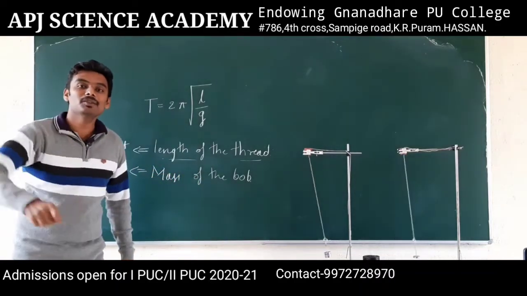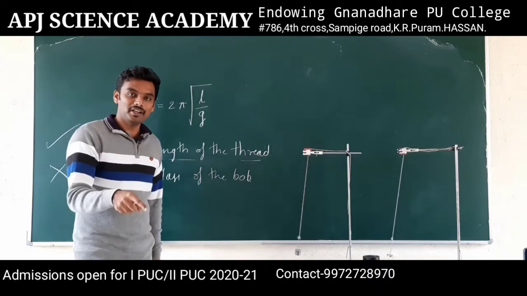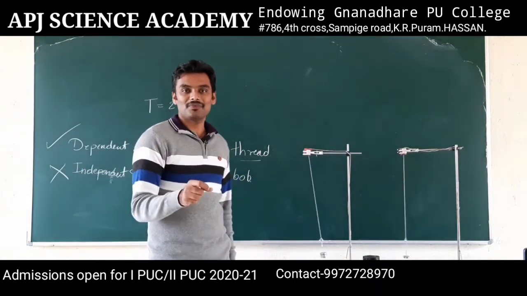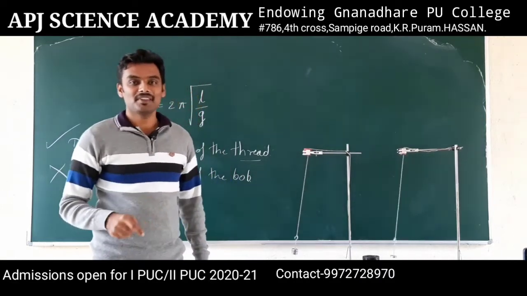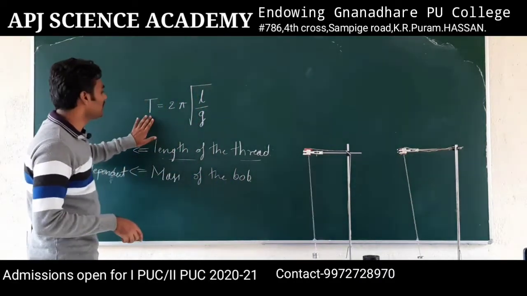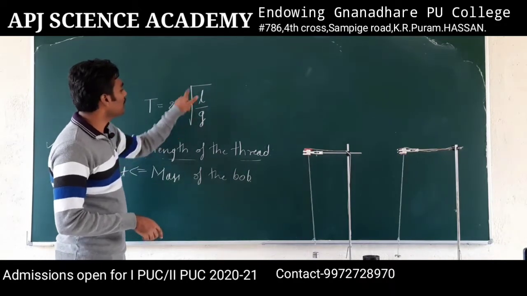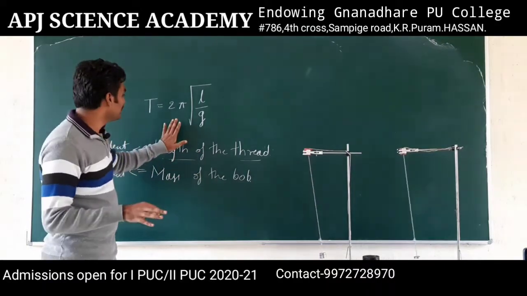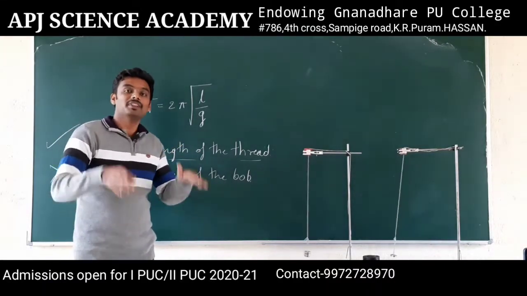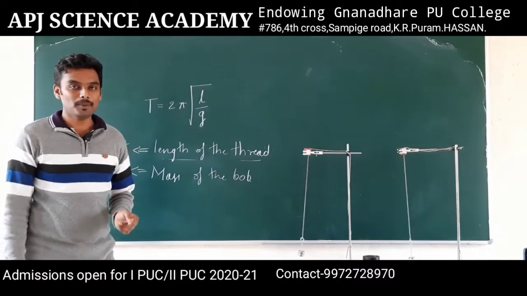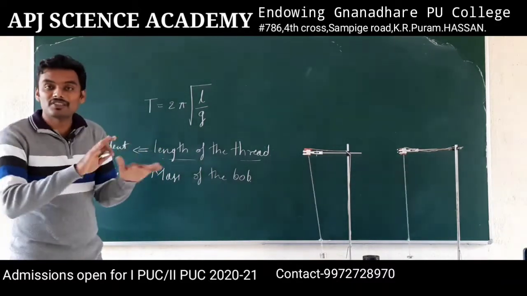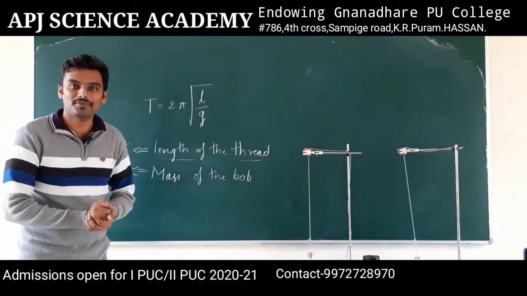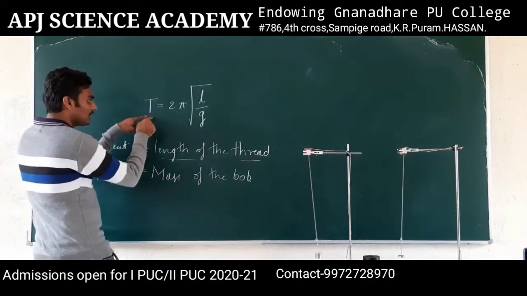Okay, this is what we saw experimentally, right? We saw it in front of our eyes. But what does the theory say? The theory says that the time period formula is T equals 2 pi root of L by g. This is a theoretical formula. This formula can be derived without actually conducting the experiment. But now we shall see whether the theory and the experiment match with each other or not. Okay, first look at this.